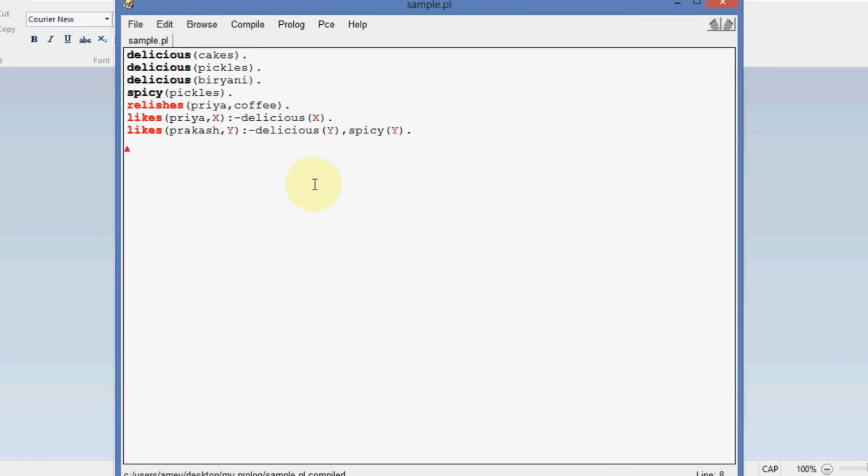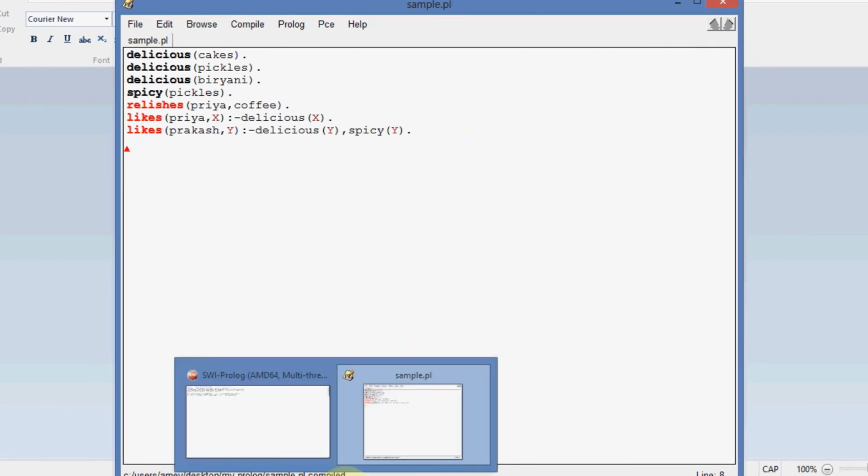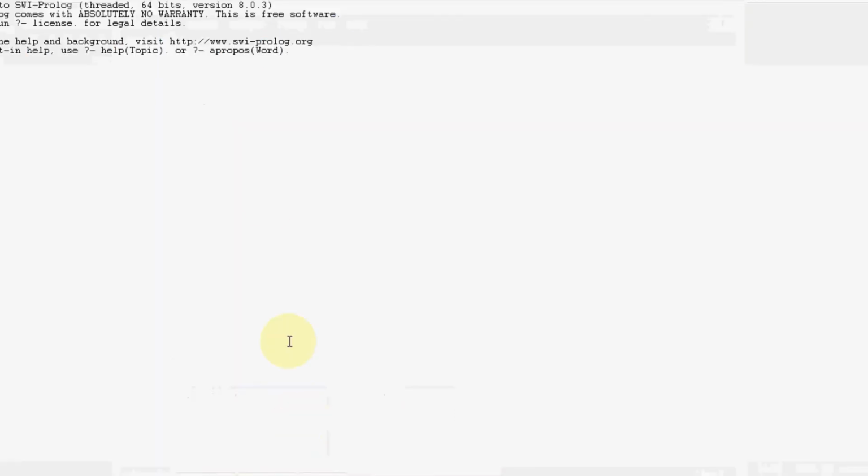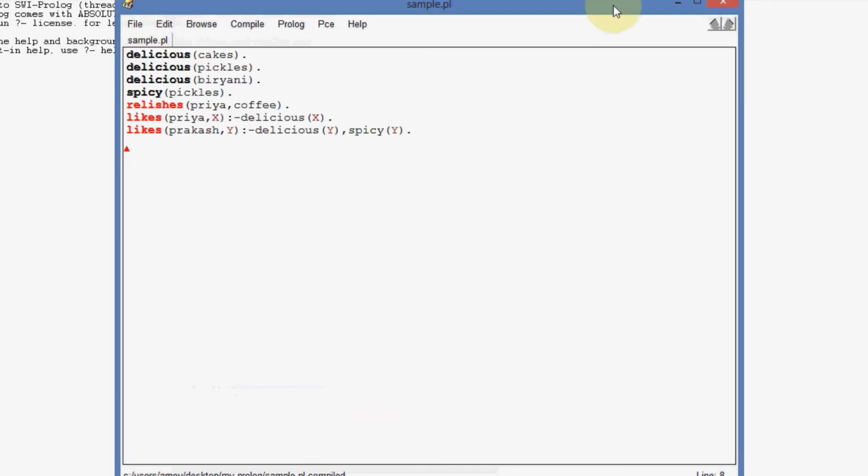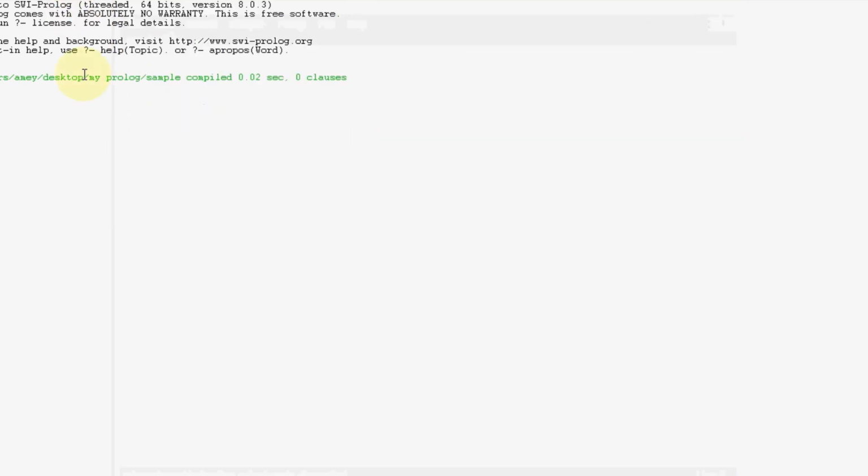Now nothing has happened over here, right? This is an editor, but I told you every time that you run something, it should be running on the console. So I will go to that console now here, right? So I'll again say compile buffer. Now if there is any error while compilation, it is going to show me in the console. So this is my console. Now what it says: sample program compiled, this much time it takes, and there are 0 clauses. And now